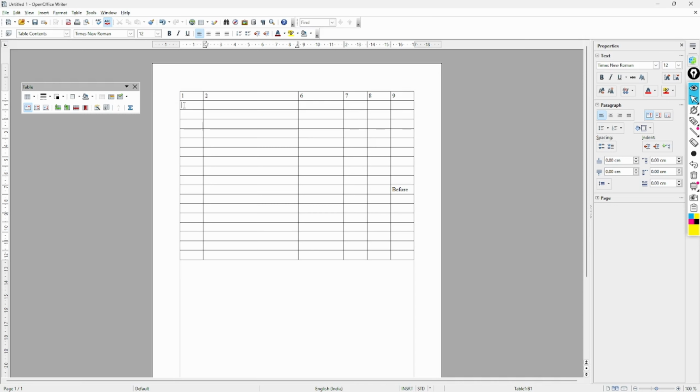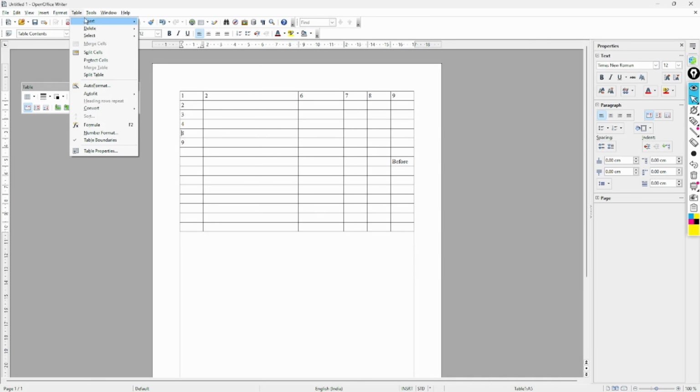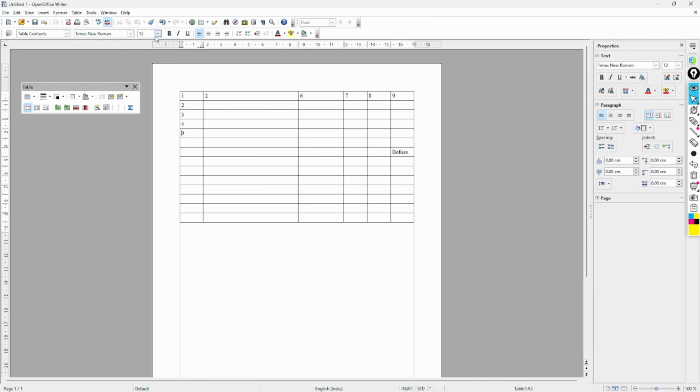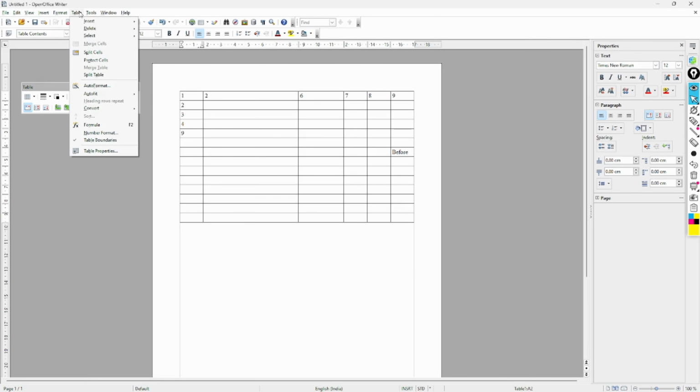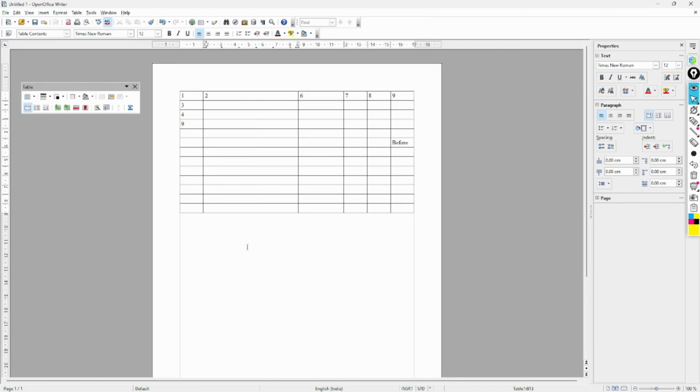And now in the same way we will go for rows. 3, 4, 5, 6, 7, 8, 9. Correct? Now if I want to delete a row, I select the row, and from here I can delete it. Then 5, now this 6, now this 7, like this. The second way is Table, Delete, Rows. Now we will delete this second one: Table, Delete, Rows. Understood how we can delete a row?